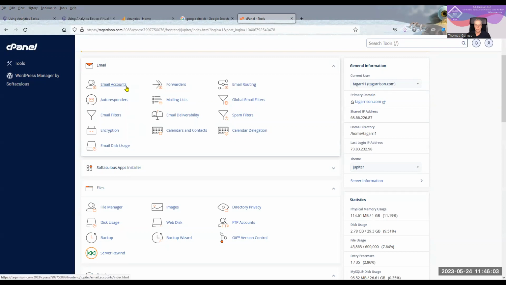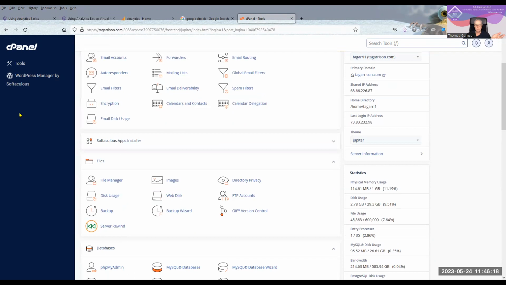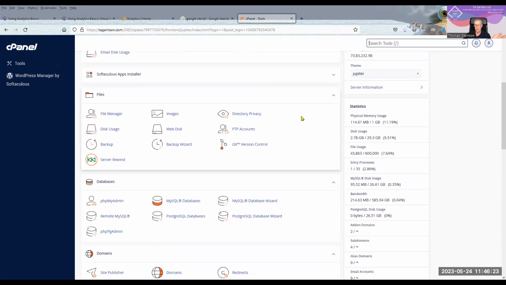You have an unlimited number of email accounts, unlimited forwards, and you can check to make sure the email addresses are routing properly. Filters, autoresponders, encryption, how much usage of your email. So you've got all kinds of stuff for the email.